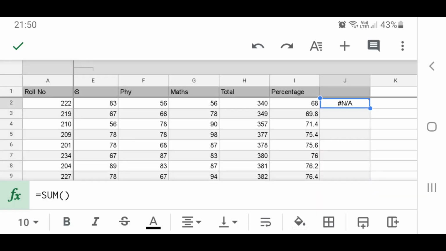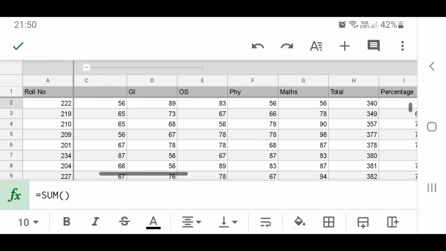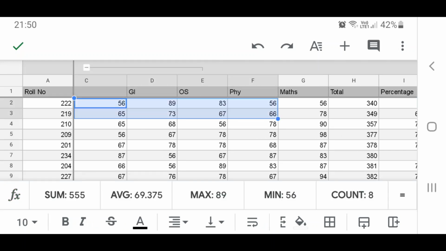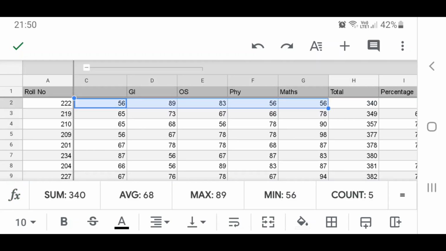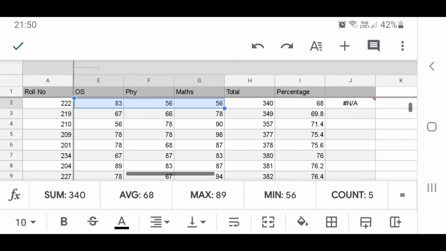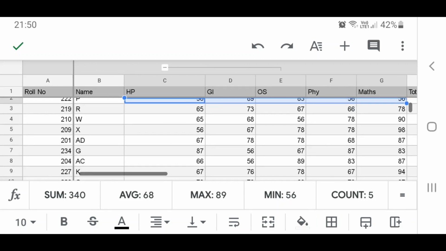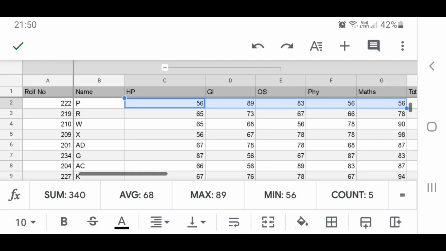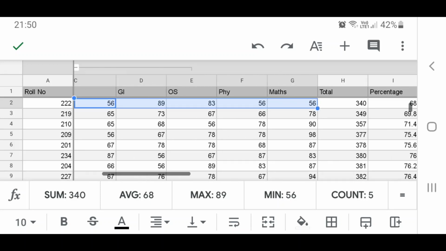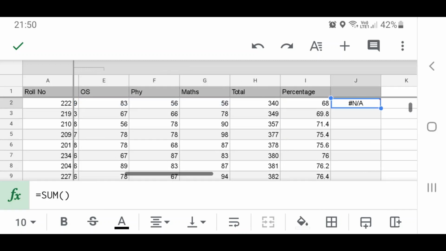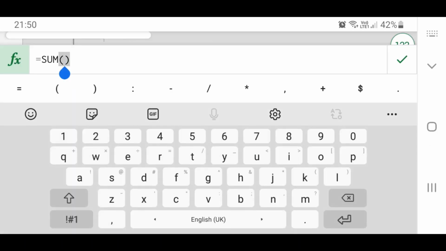I can select the selected values. This is my range, that is C2 to G2. Okay, so my function I can give it here as C2 to H2. Okay,